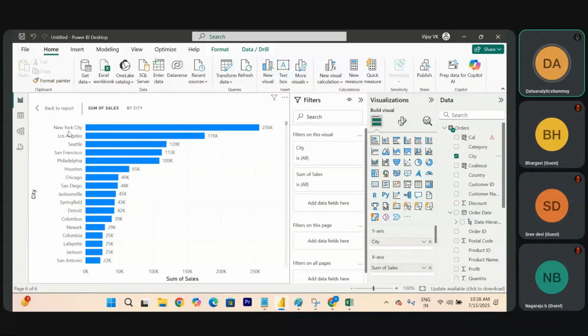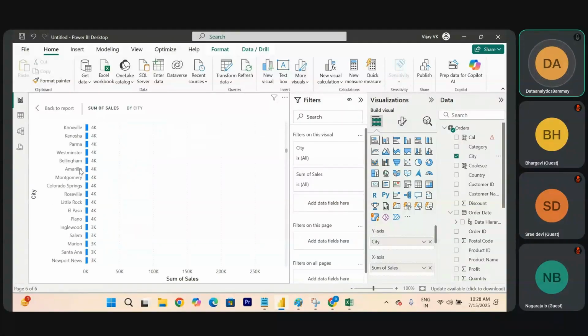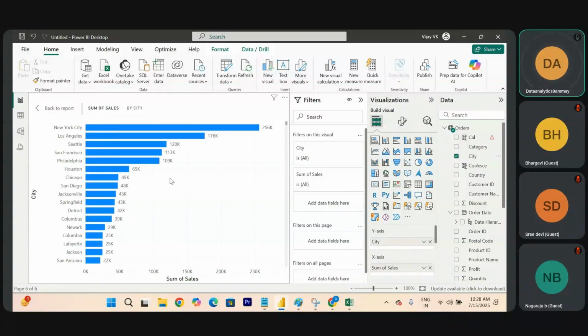Now look here. What are the top 5 cities having the most sales? New York City, Los Angeles, Seattle, San Francisco. Once you scroll down, you can observe the least sales values also: Abilene, Jupiter. Which means within seconds you can convert a huge amount of data into meaningful understanding.